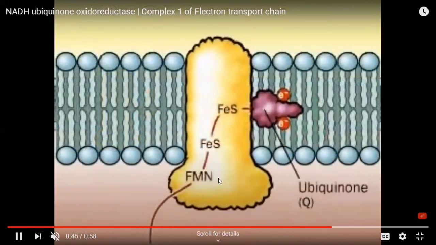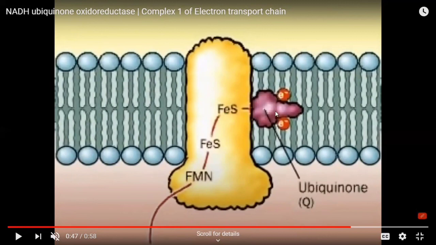So this is the structure of complex 1, which is composed of FMN and iron sulfur centers. When NADH gives its electrons, they will be taken up by the flavin mononucleotide, which will be reduced to FMNH2, and then FMNH2 transfers electrons to the iron sulfur center. Iron has a 3 plus charge; when it accepts the electrons it will become 2 plus, and the electrons will pass through the 6 iron sulfur centers,